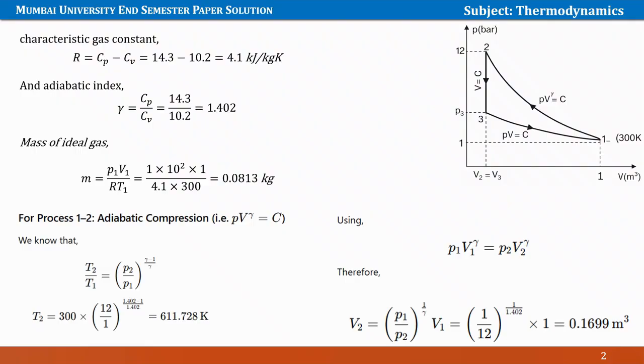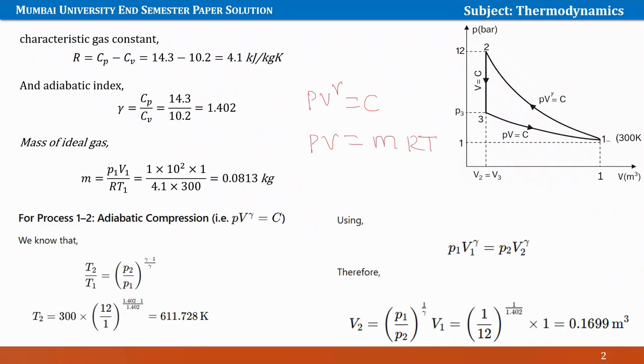If I have the equation PV raised to gamma equal to constant, and if I know the relation PV equal to mRT,